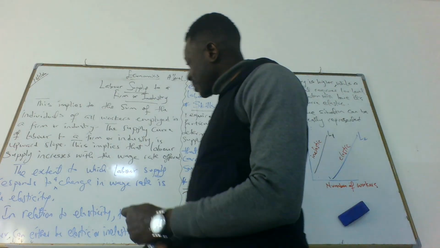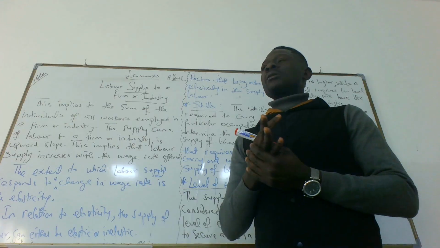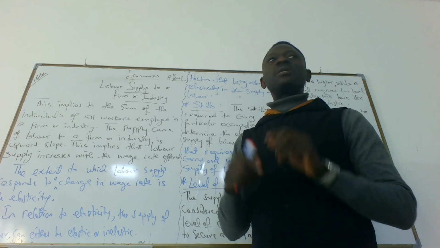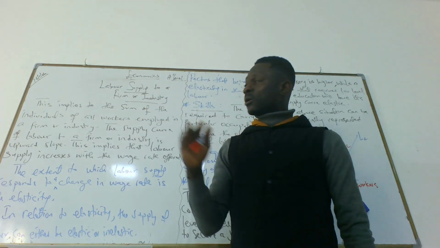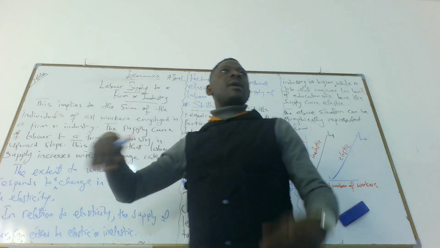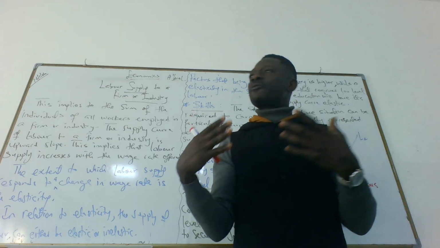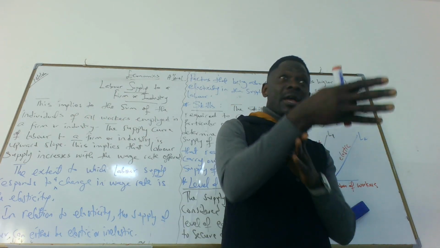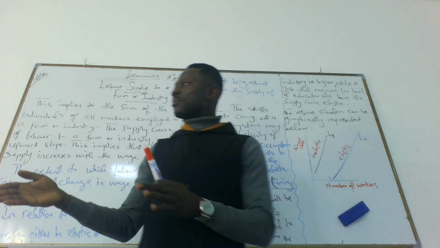We continue with the labor market. In the previous class, we talked about individual labor supply. We simply talked about you seeking employment or me seeking employment. But today, we want to talk about the labor supply to a firm or industry. How many people are willing to seek employment within a firm or industry? That is labor supply to a firm or industry. It's different from an individual labor supply, though the graph is the same.